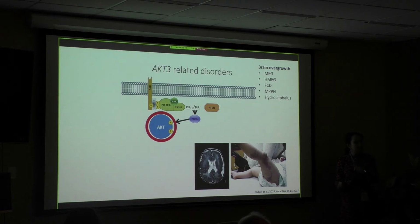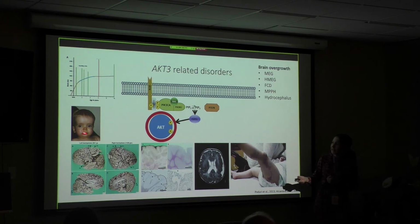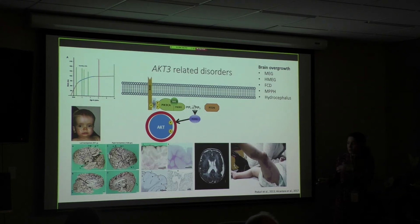They kind of help clue us into the pathway, but not always. But this is what she had. This is a child who had an AKT3 mutation who had diffuse brain overgrowth, severe epilepsy, died suddenly during sleep, assumed to be due to SUDEP, and the family donated his brain to research at the time. So it was a 5 a.m. call where we needed to coordinate getting this full brain from Florida,